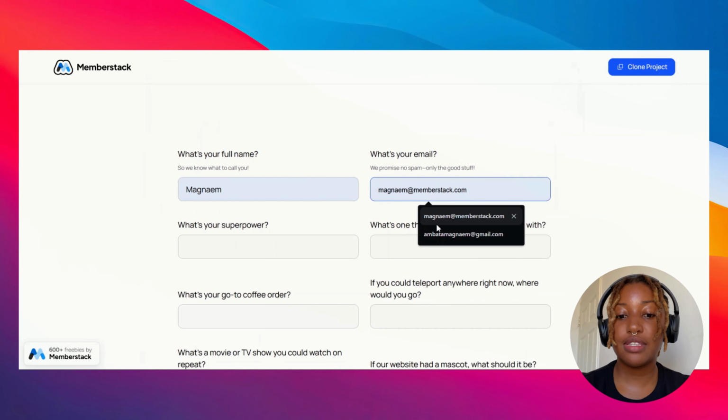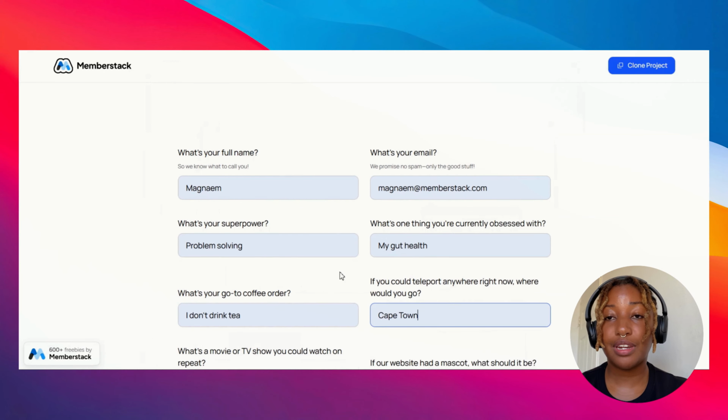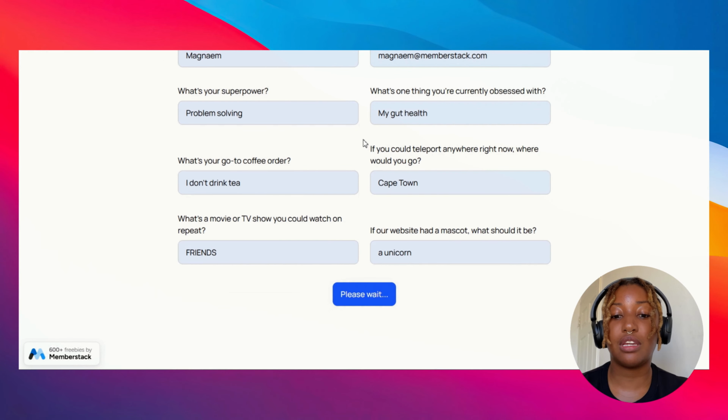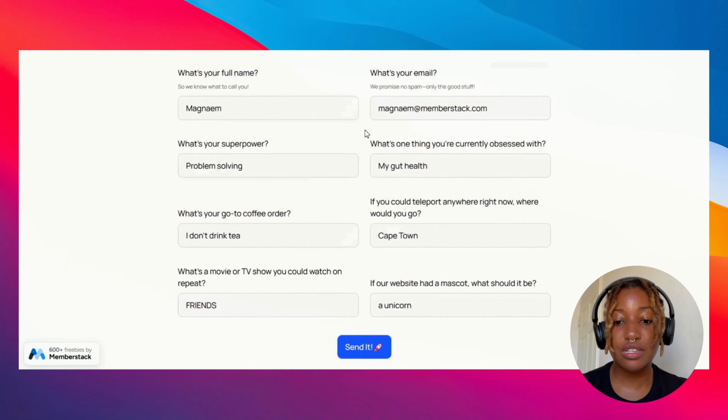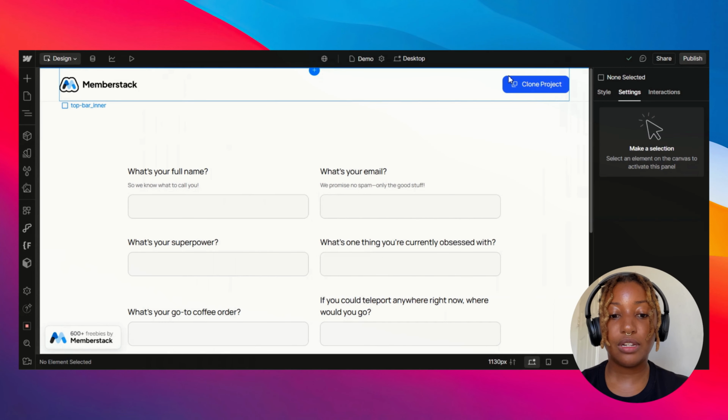So first things first, let me show you how this is going to work. Once I have filled in the form and I've submitted it, the page will then refresh and then my data will still be there. Even if I close the browser and then come back later, my input will still be remembered. Now let me go into Webflow, and this is what you're going to need in order to set this